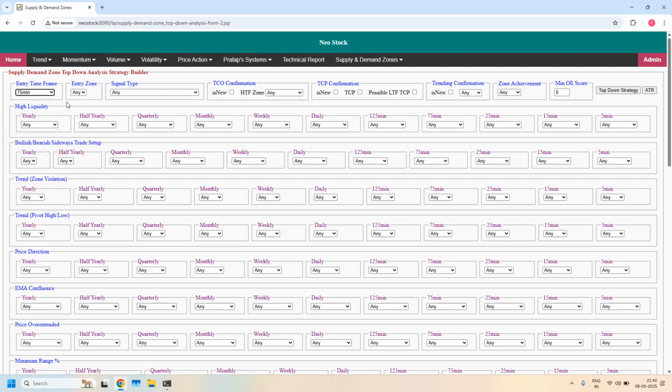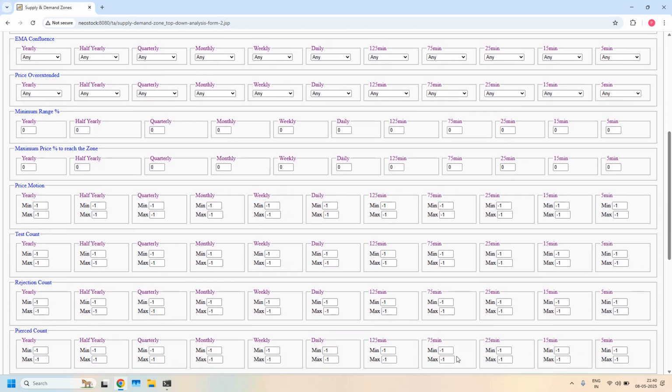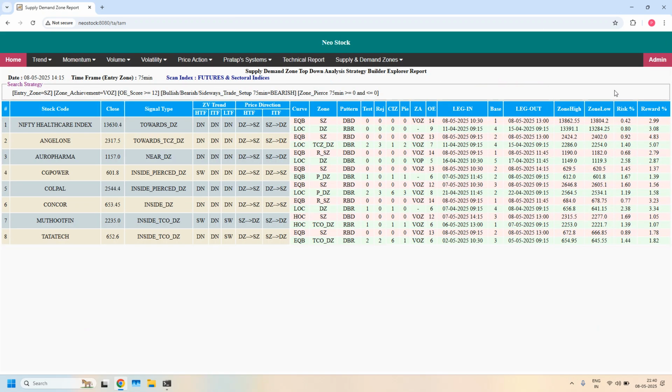Entry time frame 75 minutes, entry zone, supply zone. Here at 75 minutes, I am selecting bearish. Zone achievement VOZ. Minimum order enhancer score 12, and pierced count at 75 minutes, minimum value 0, maximum value 0. With these filters, now we got 8 stocks supporting bearish trade setup for weekly income trade, and entry time frame zones are